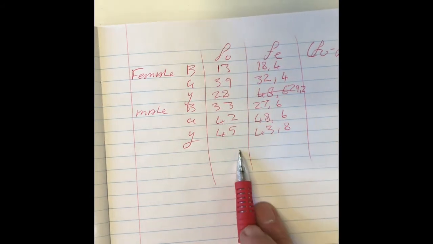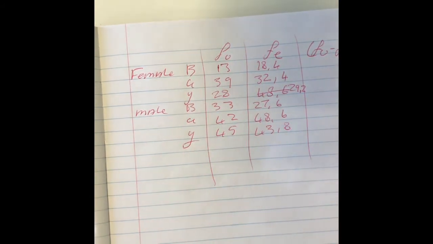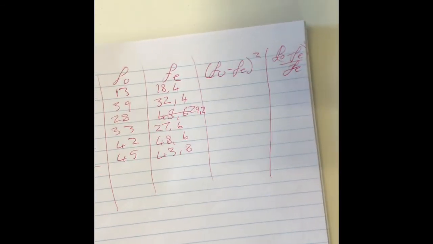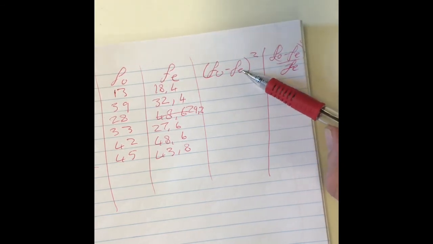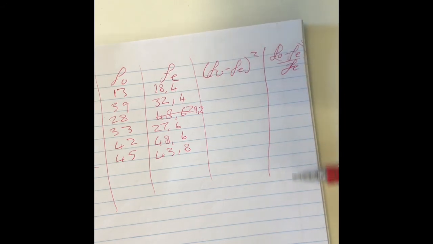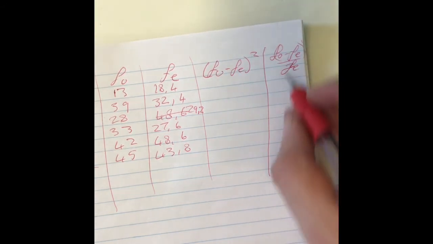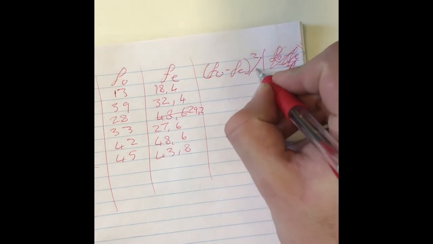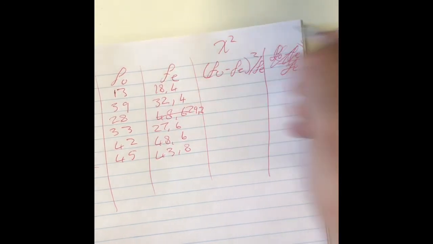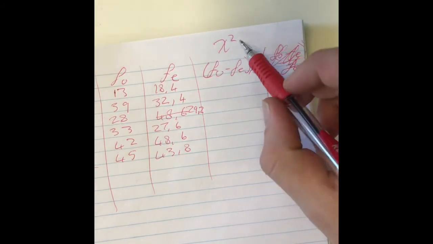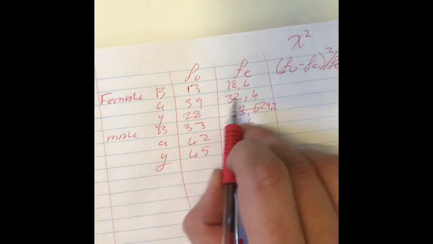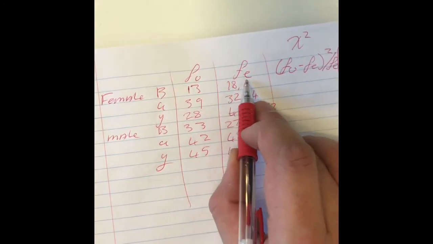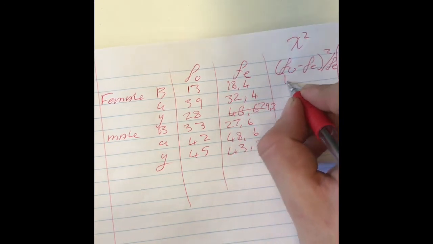So we've got our observed values, our expected values, and now we want to calculate the most important thing, our chi-square value. So our chi-square formula is the square of FO minus FE over FE, and then the sum of all of them. Because I'm running out of space, I'm just going to make this my chi-square column, and then we say what is the difference between these two squared over FE, and then we get the following values: